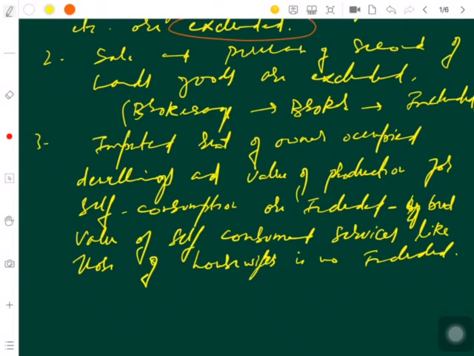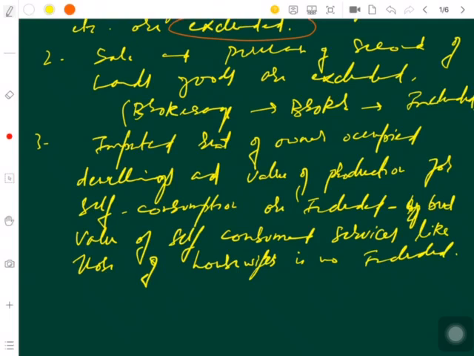Fine. So they work, they give their time. A painting made for the purpose of fun and recreation is not to be included, but a painting made for resale is to be included. Okay, things like that. Our housewives, our mothers, sisters, etc., who are working at house, they render services, but these services are self-consumed, so these are not to be included, while the imputed rent of owner occupied dwellings, etc., is to be included.